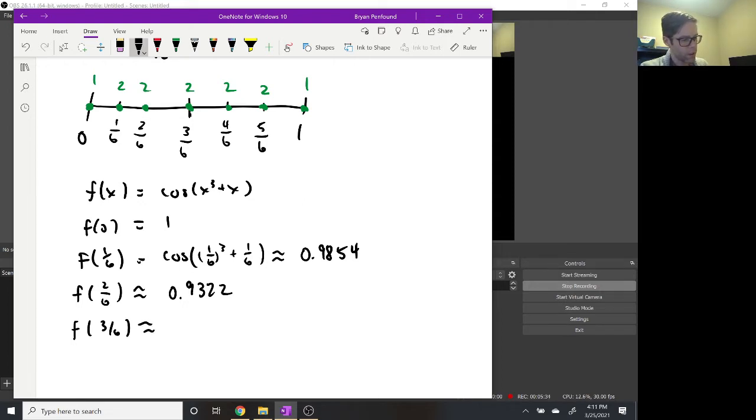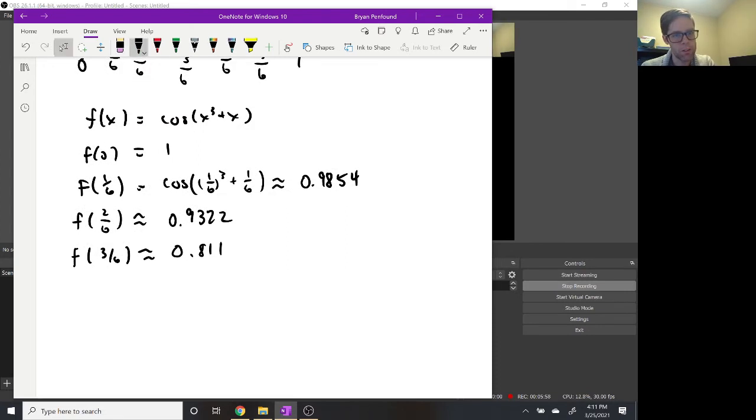And yeah, the calculator is quite nice because you can use the back buttons and go back, remove some of those numerators, and switch them up and get that updated decimal without too much button pressing here. So for 3/6 or 0.5, I got about 0.8811. And there's a few more to do here, so F at 4/6